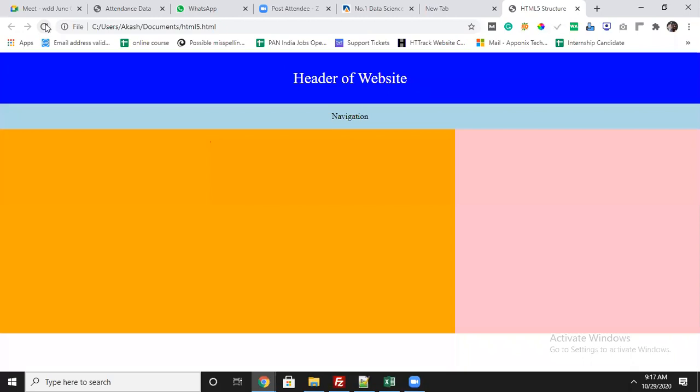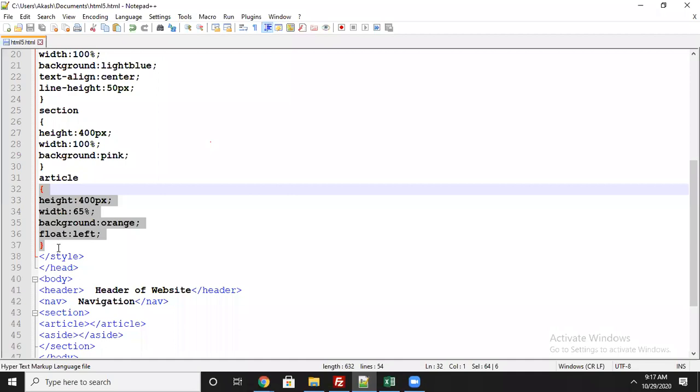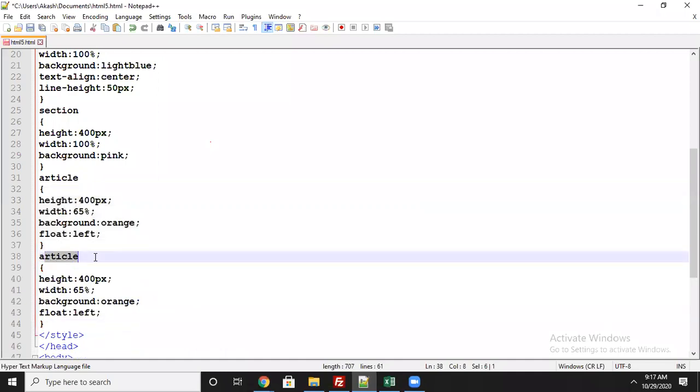And on the right, that is the aside tag. Aside I will use to make the side blocks. Let's say I will specify here 30 percent. But I want it on the right side, that's the reason I will take the float right property.